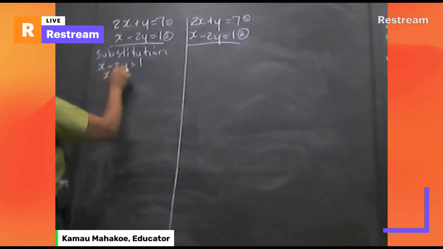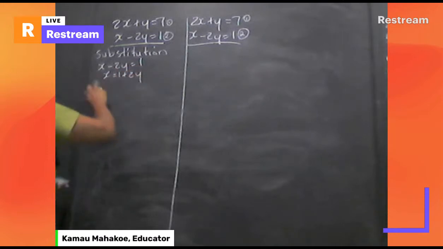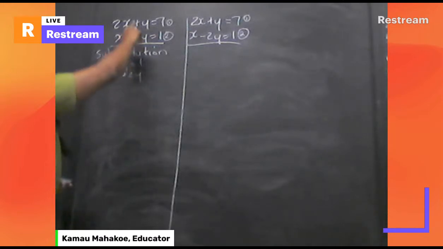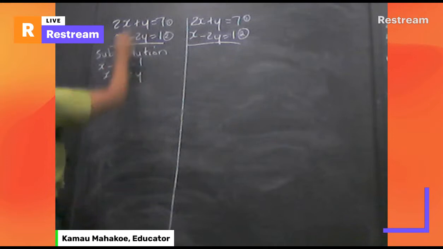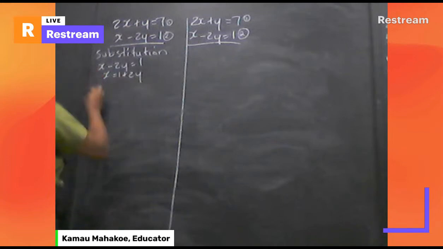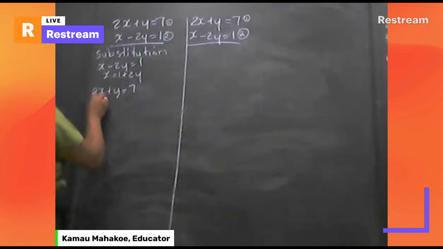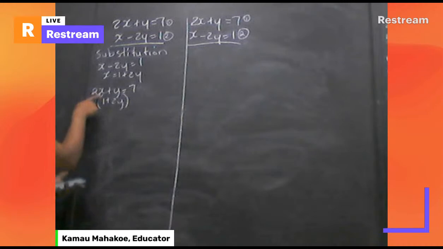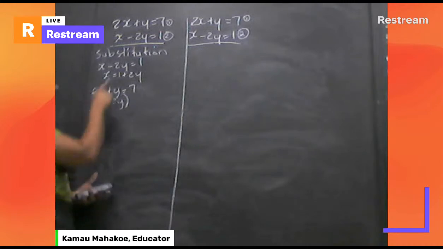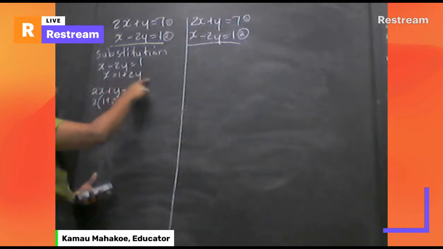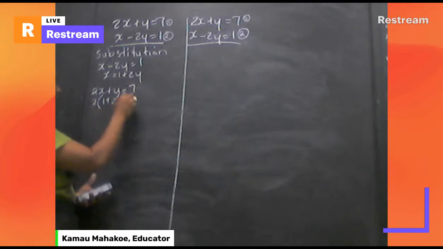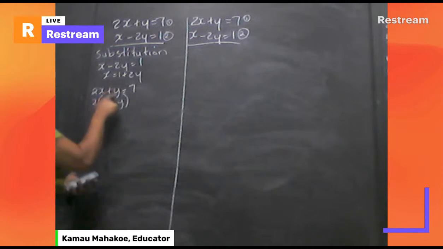So x equals 1 plus 2y. Now I'm going to substitute this value for x into 2x plus y equals 7. I put a bracket where x is and substitute 1 plus 2y, plus y